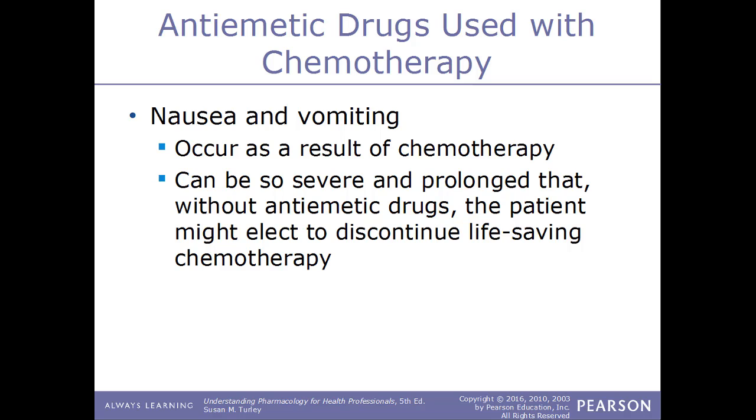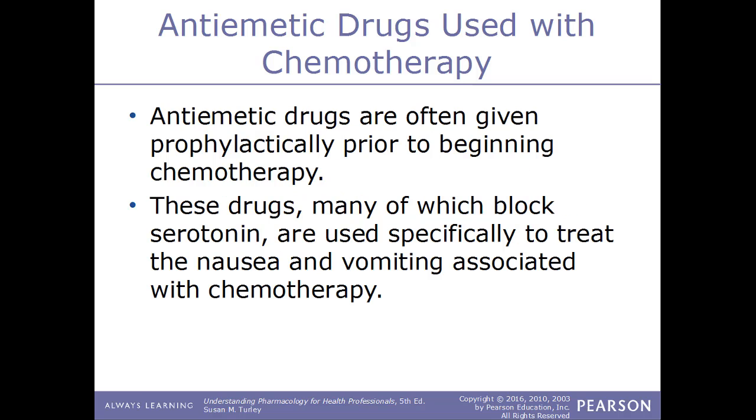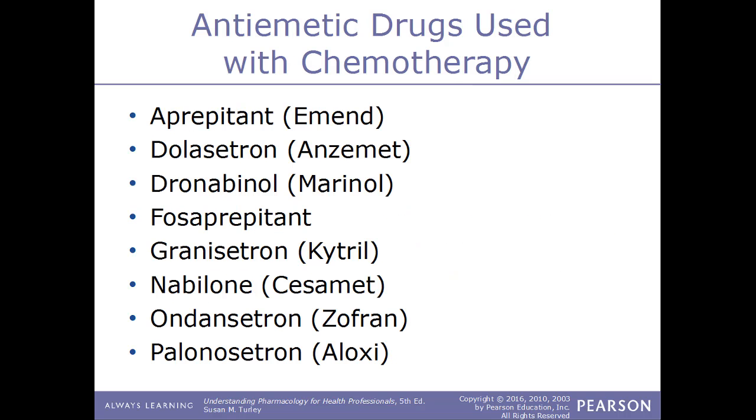Now, this can be so severe and prolonged that without an antiemetic drug, some patients might elect to discontinue the life-saving chemotherapy totally. Antiemetic drugs are often given prophylactically prior to beginning chemotherapy. Many of these drugs will block serotonin, and are used specifically to treat the nausea and vomiting associated with chemotherapy. Some examples of antiemetics that are used just for chemotherapy include aprepitant, known by the brand name Emend,